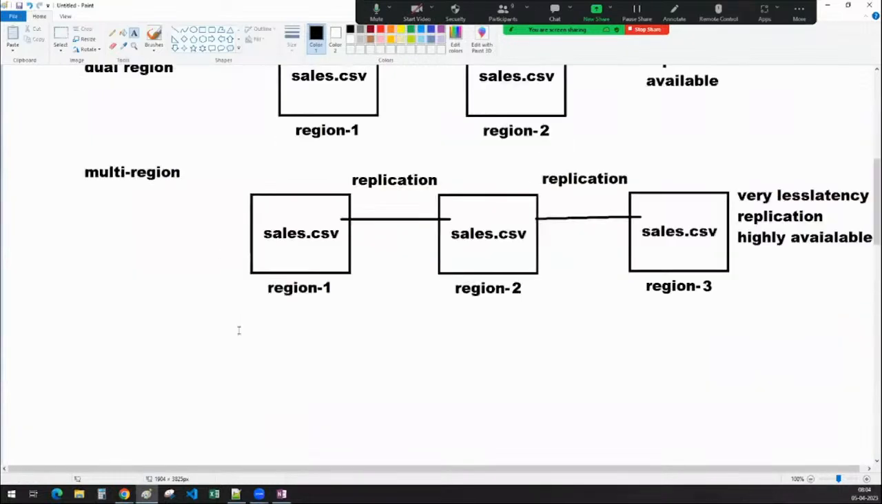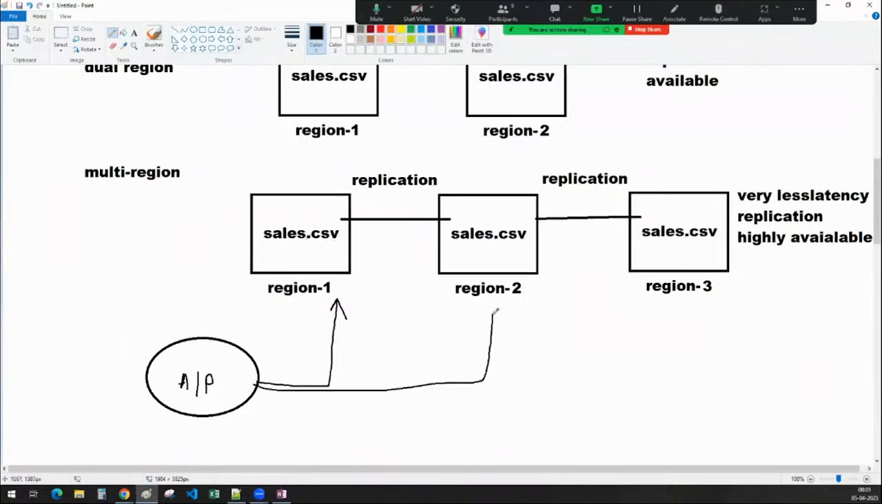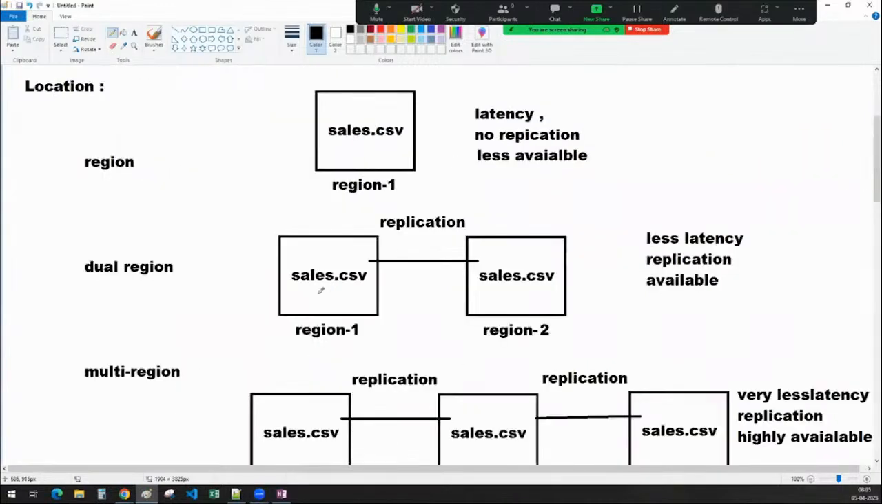For example, when your application or your data pipeline is running, you have connected to this one. If in a multi-region this bucket, or the file inside it, is not available, or this region is not available, it will automatically connect to this one, because it is a multi-region. This is the reason the data will be highly available all the time. But in this one, if this region is not available, it will be connected to that one. If this is not available, it will not be connected to that one. That is the reason